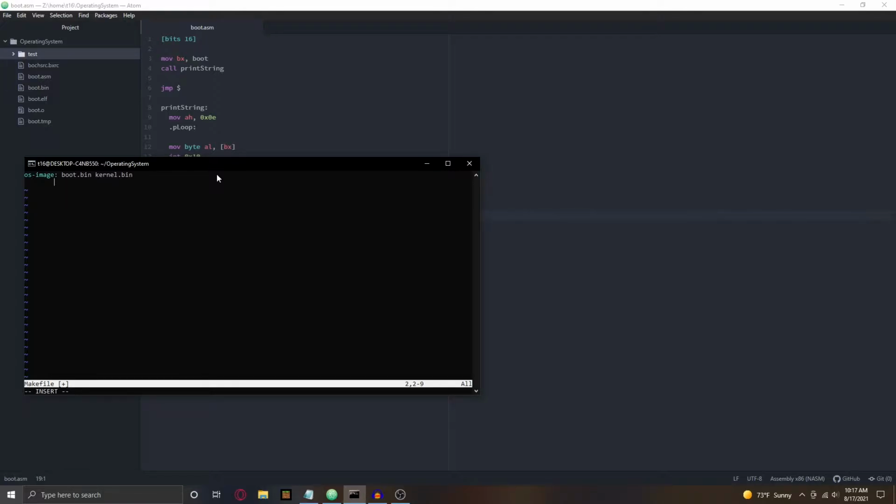Well, we are going to first create our boot.bin, which is going to rely on boot.asm. And we create the boot.bin by doing nasm -f elf32 -F dwarf boot.asm -o boot.o. Now what we do is pretty simple. We're just going to link it. So ld -m elf_i386 -Ttext